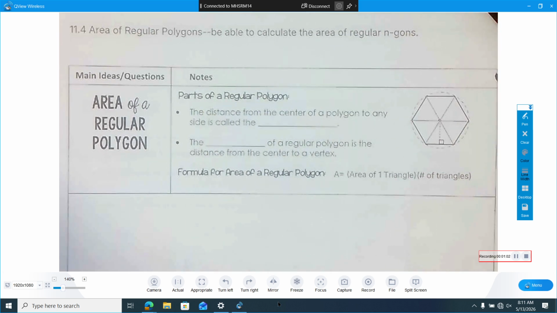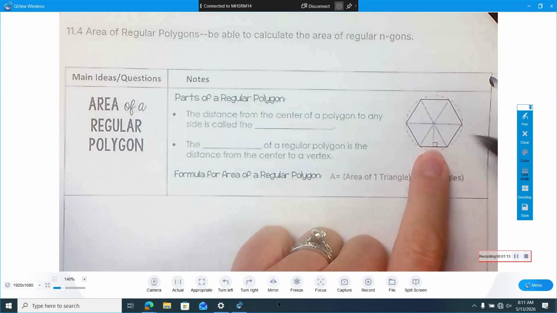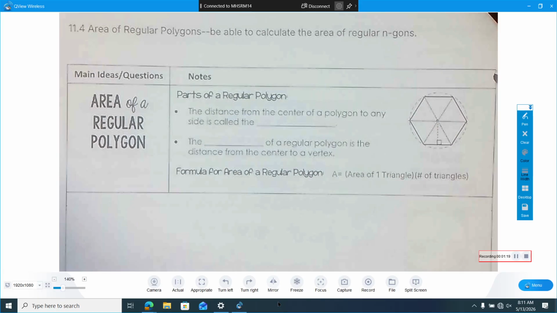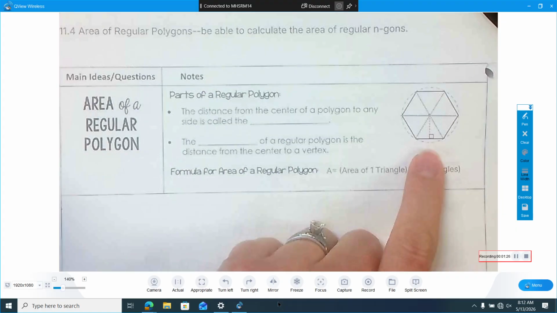And we want to be able to calculate it whether it's got 6 sides, 7, 8, 9, 10, or 100 sides. And what you'll notice is when we look at this hexagon, we can divide it into a bunch of triangles. And so in order to figure out the area of any n-gon,